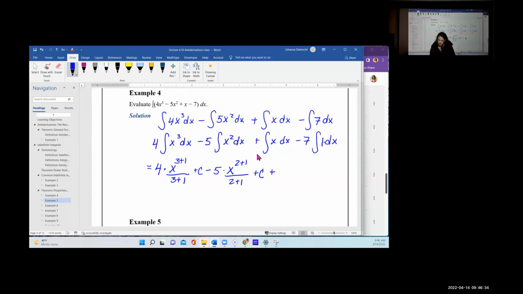Plus, now we have x. We're going to do the power rule. The power was 1, so we add 1 to that and divide by the new power plus its constant. And then we have the integral of a constant, which is just x. So minus 7 times,